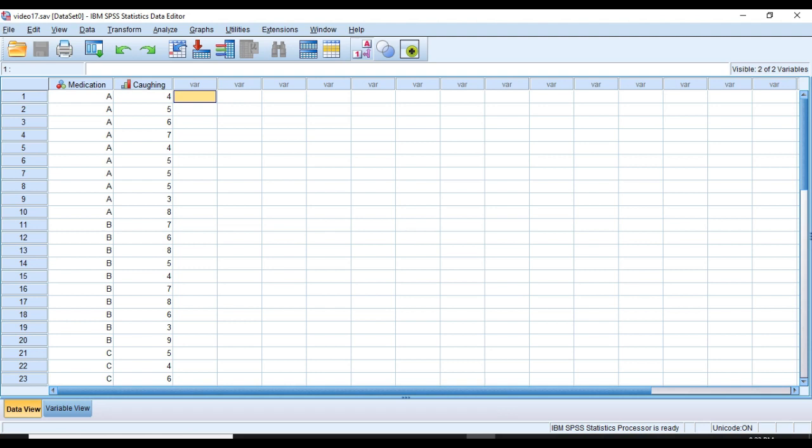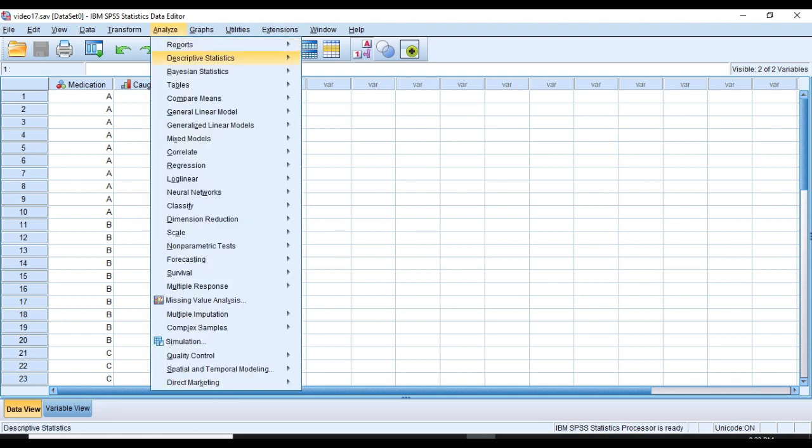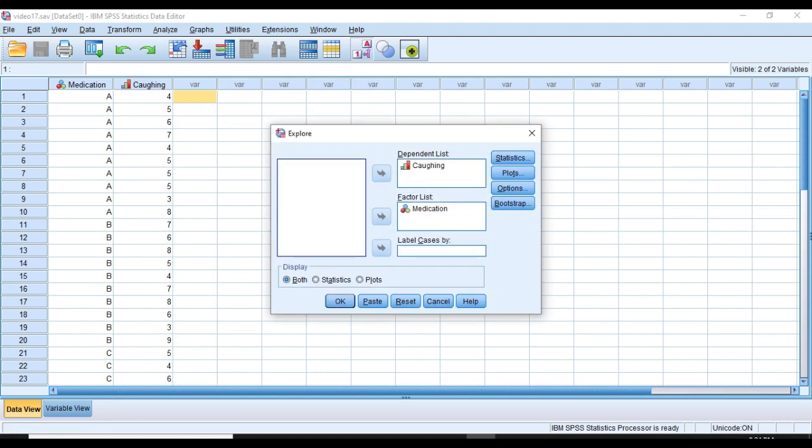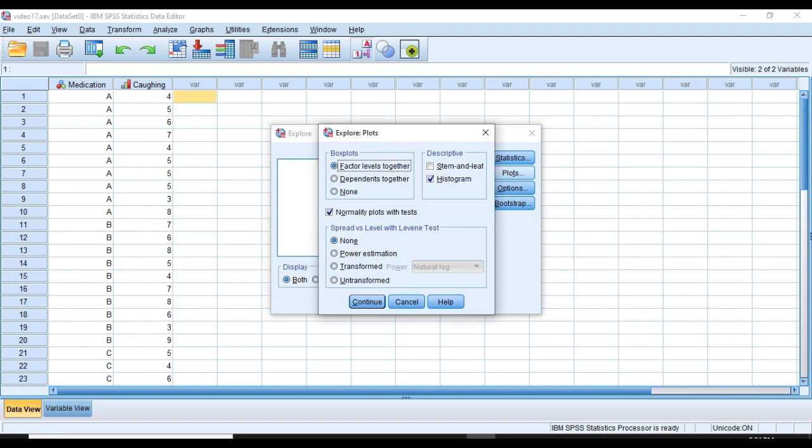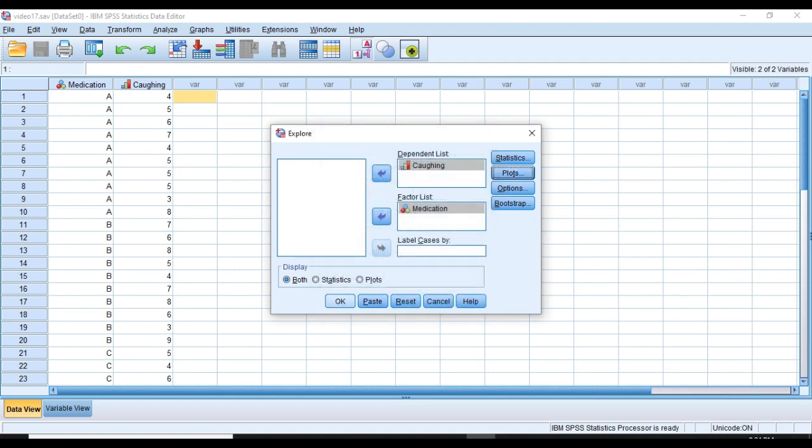First, to check the distribution of each group, you need to go to Analyze, Descriptive Statistics, and Explore, and put coughing into the dependent list and medication into the factor box. And now click on Plots, and we can check histogram and normality plots, and then